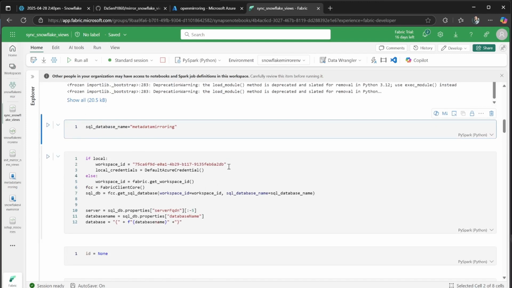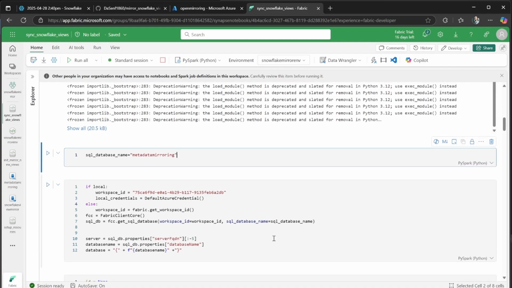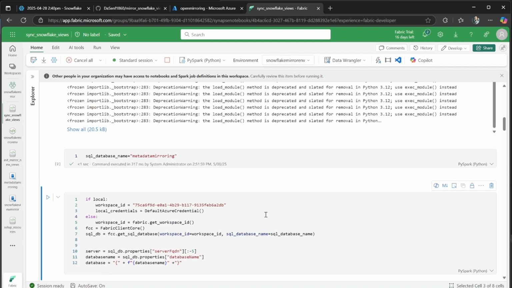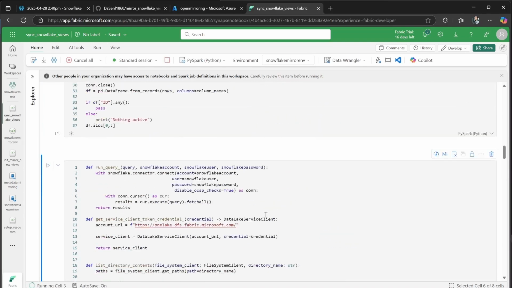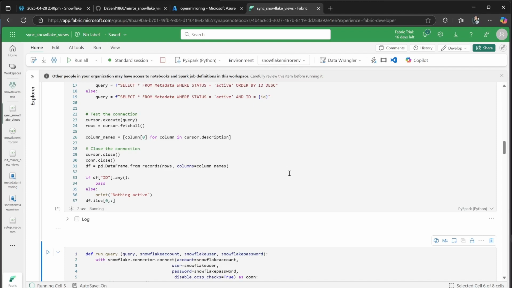As I mentioned, this will loop over all the views once. So you can set it up to schedule this to run every 10 or 5 minutes or whatever, or build a loop around this to run it continuously. That's however you want to set this up. And now it will fetch all the views